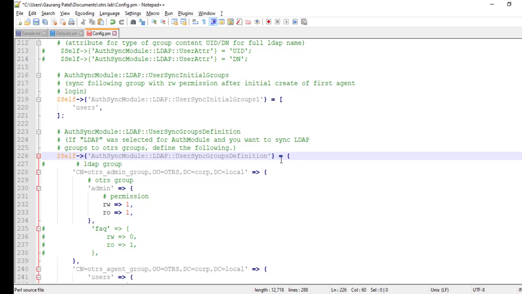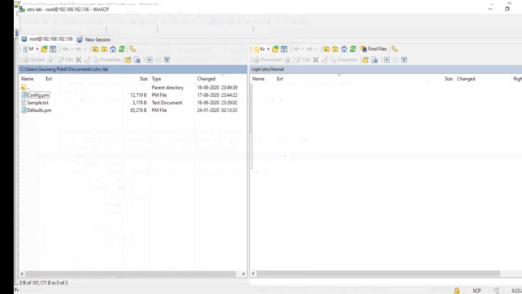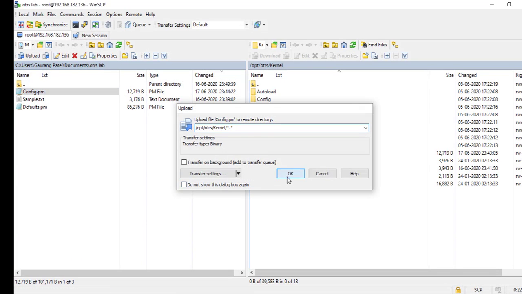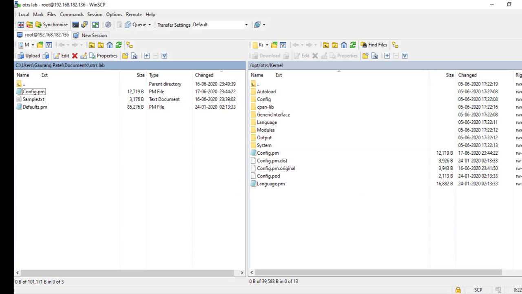Yes, we missed one here. So please remember, don't forget to insert 1, otherwise you will land in this situation. So let's go ahead, save and synchronize with our config file. Let's upload. Okay, yes.